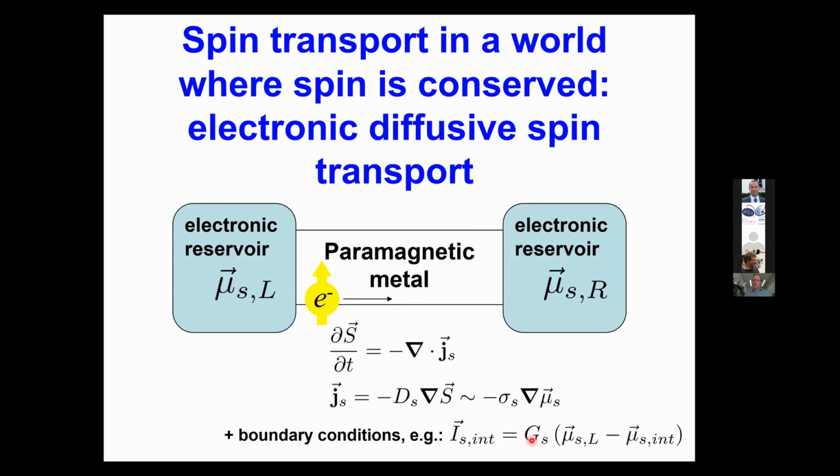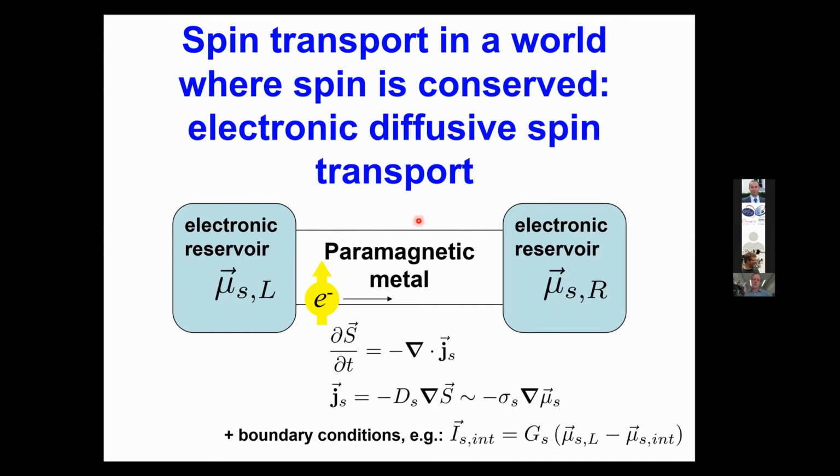And this could, for example, be interface spin resistances of this kind, where you say that the interface spin current is proportional to the drop of the spin accumulation across the interface. So this would be the complete picture of electronic spin transport in the ideal world where spin is conserved. I want to point out one thing that maybe not everybody knows, not even the experts, which is that